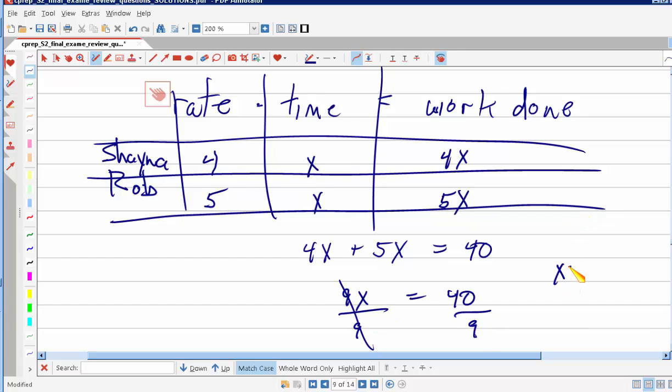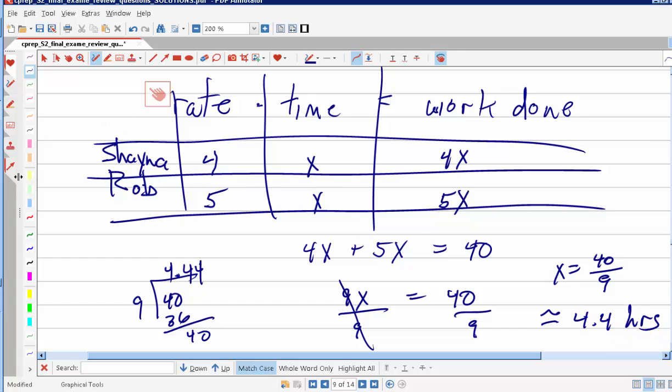So x equals 40 over 9. I'll do the division the old-fashioned way. It's 4.44, I think it repeats, hours. I'm going to say it's approximately 4.4 hours if they work together,